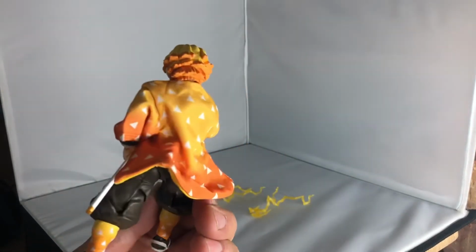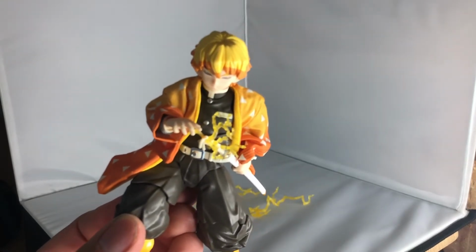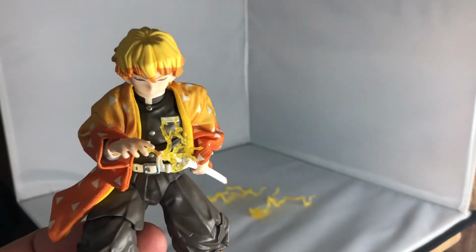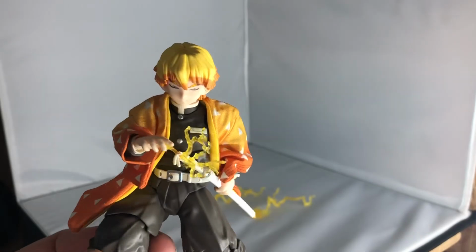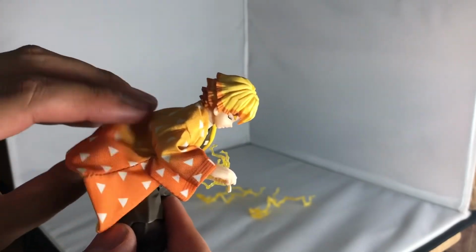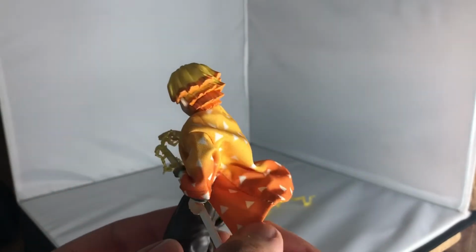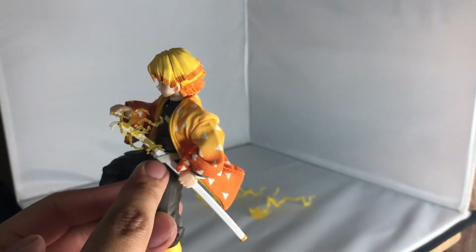So if you love Demon Slayer and you love the anime or the manga, he's worth a grab, and so are the others, because they are fresh out of the anime and they are absolutely incredible in my opinion. The colours, it is flimsy, I must admit. However, in terms of looks, they've got it nailed, but just be very careful with these bendable plastic parts